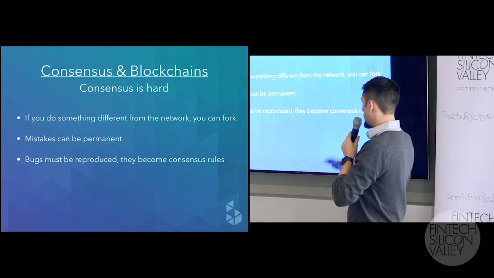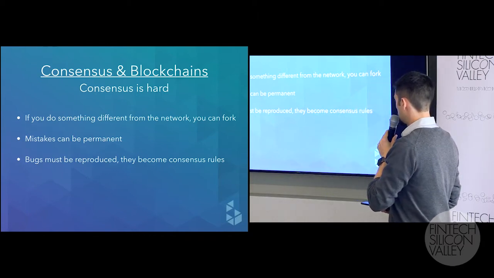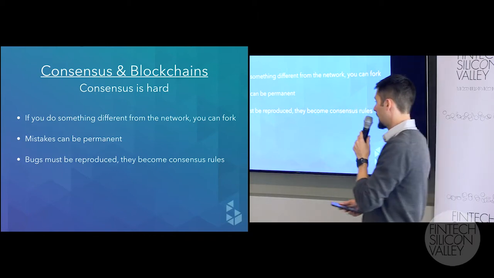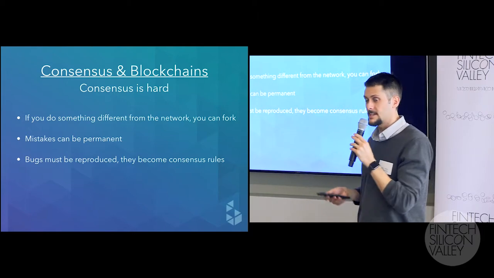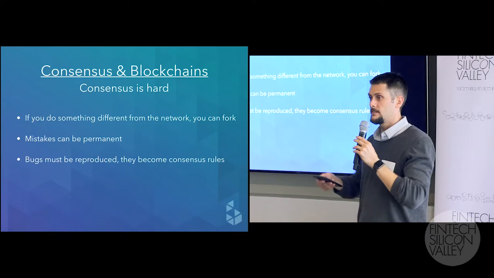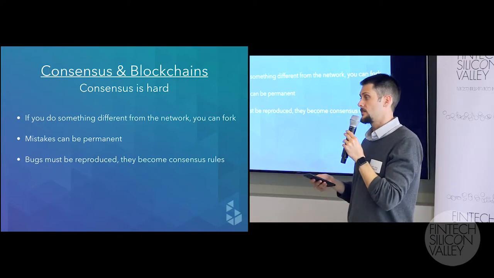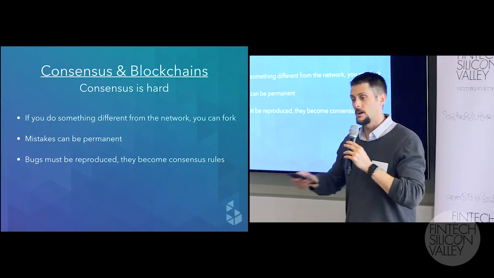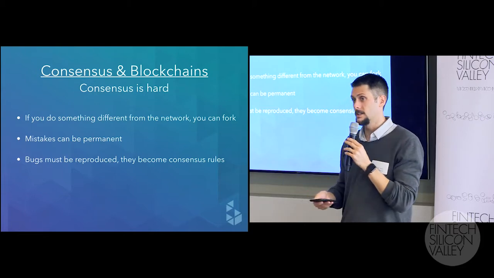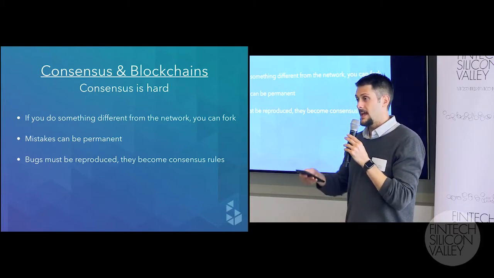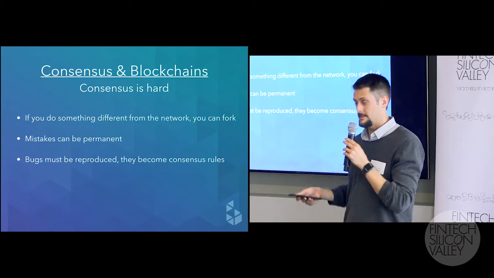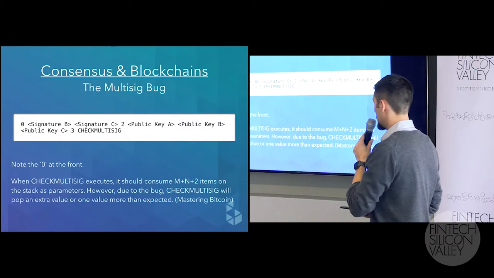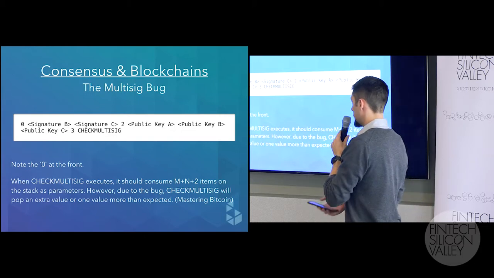So this last point here, bugs must be reproduced, they become consensus rules. This is interesting. If in a reference implementation you code something that's actually a bug, once a transaction that exercises that bug has been sent into the network, every other implementation, every node, has to re-implement that bug. There's a famous one of these in Bitcoin. It's in the multi-sig